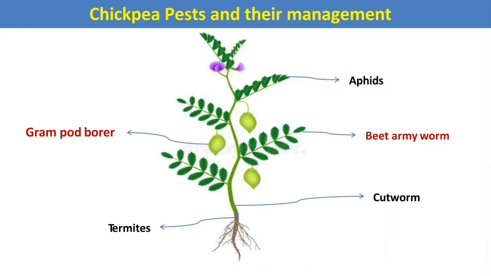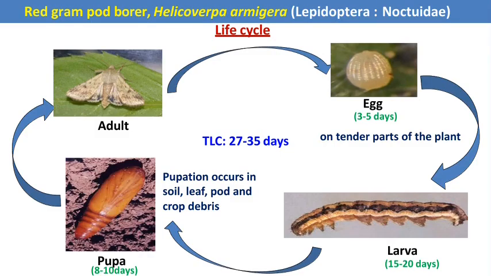These are some of the major and minor pests of chickpea which infest the crop field and cause severe yield loss. Among them, the gram pod borer, cutworm, and beet armyworm are the three major pests of gram or chickpea. The first major pest of gram or chickpea is also called red gram pod borer,